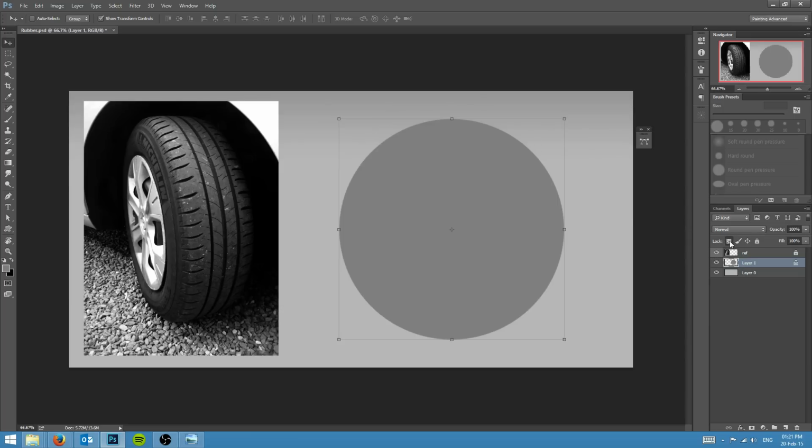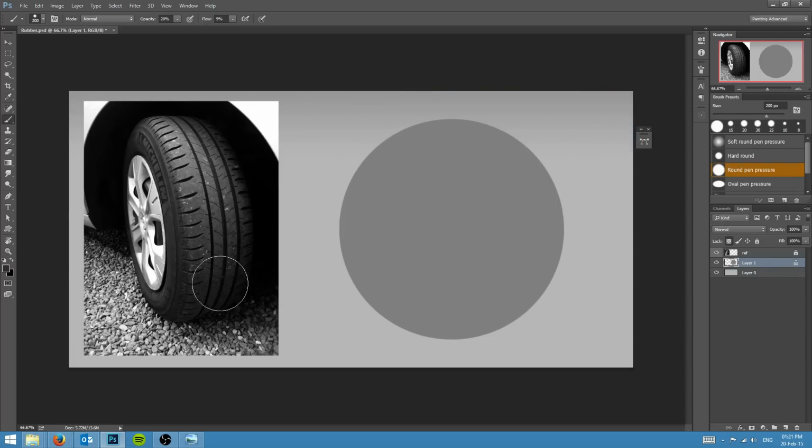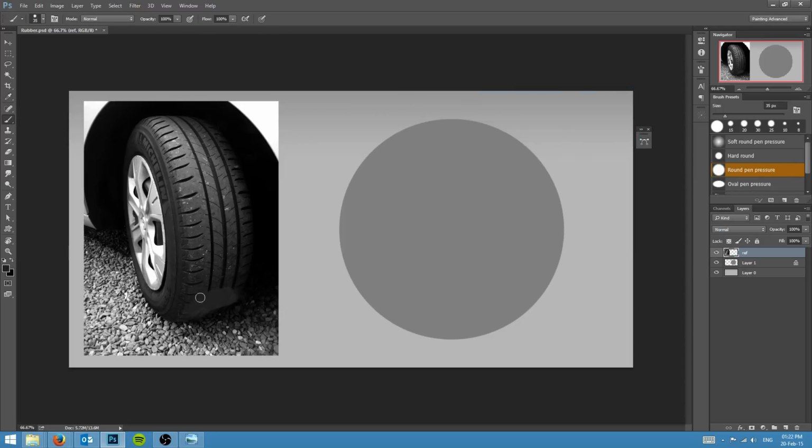So I'll lock the transient pixels. Make a darker value. What you can do here is always paint on top of the reference to see if you got the value correct. So I can go a step darker here, something like this should work. So lock transient pixels,